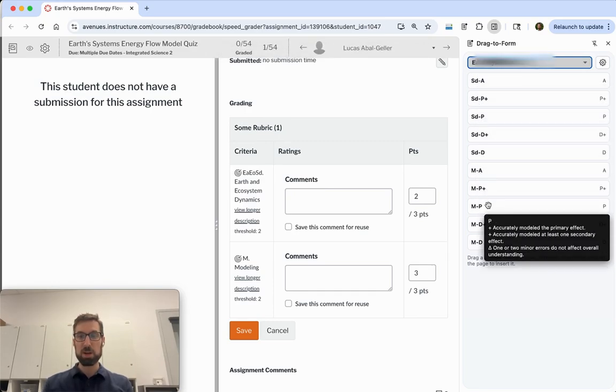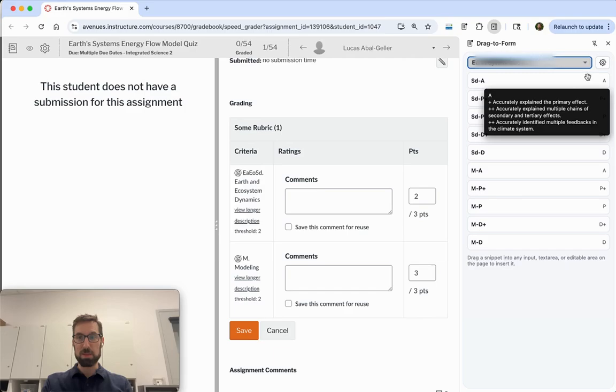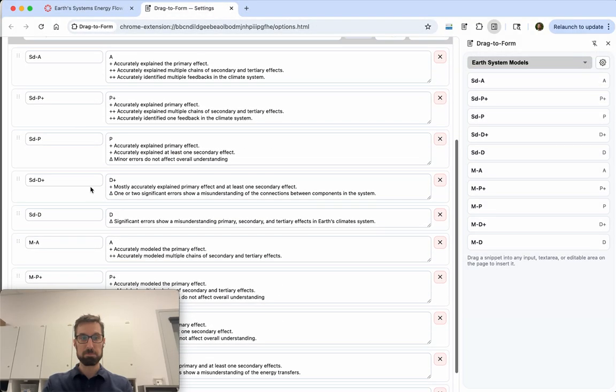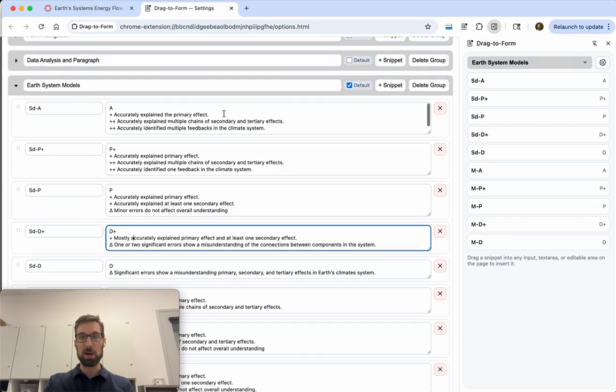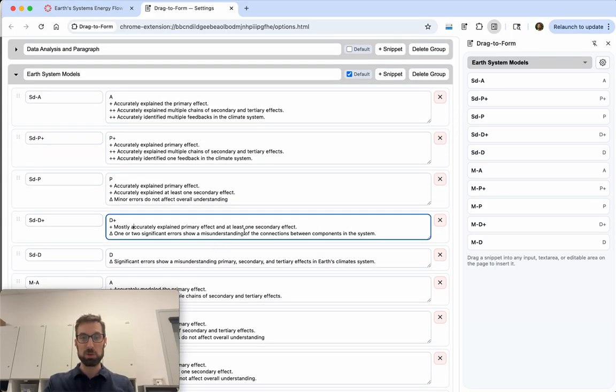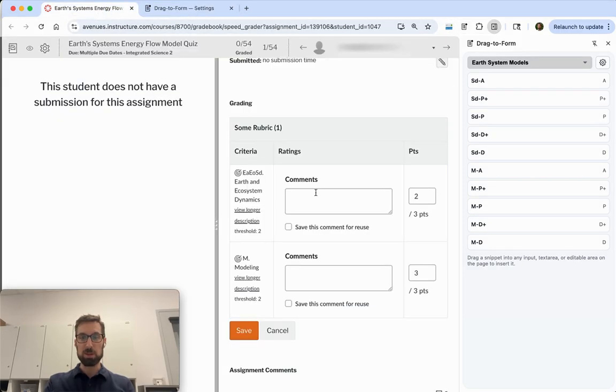And then I've created a basic comment for advanced, proficient plus, proficient, developing plus, and developing for each of these outcomes. I'll show you an easy way to do that later, but basically in the interface here, I just go through and create almost a rubric, right, with basic comments that I can leave for each kid. The thing that I find really challenging about rubrics is that they're kind of vague in general, and so I often find myself wanting to, for a particular kid, say, here's one more specific thing that you might do. And so what I love about this is when I leave a kid a comment, let's say